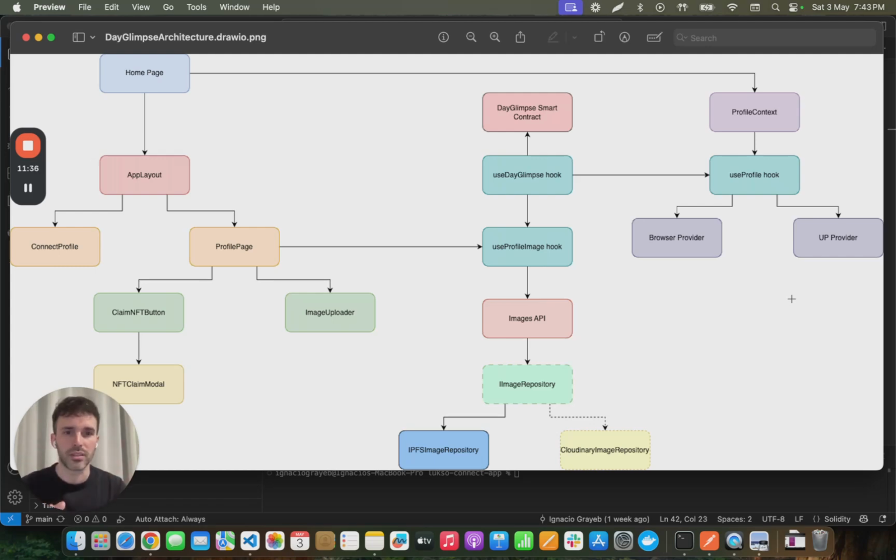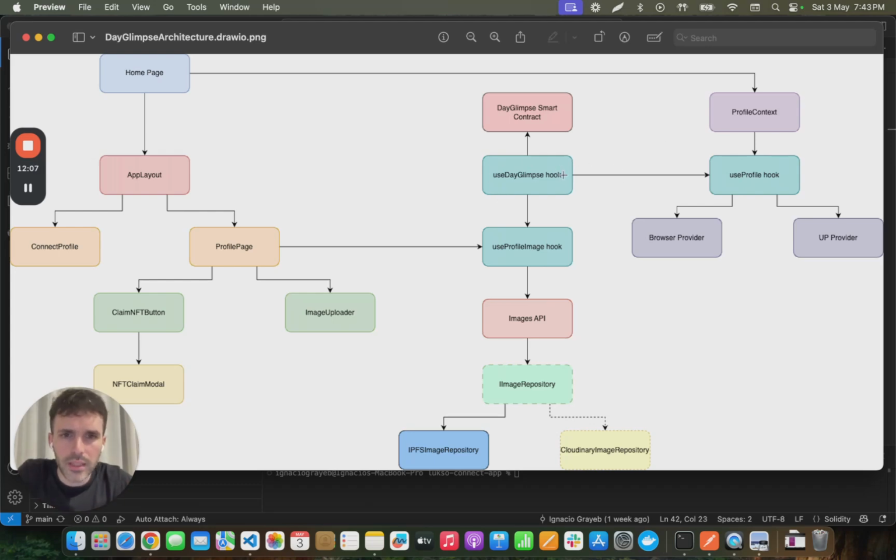So this is basically the UP provider to interact with a blockchain, and you have all things related to the profile and profile interactions with the blockchain, of course. This is exposed in this use profile hook, which is used throughout the application,